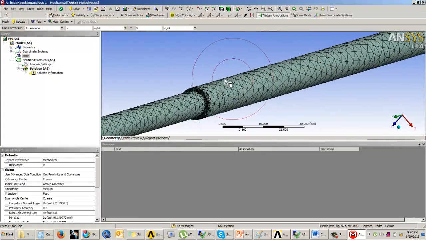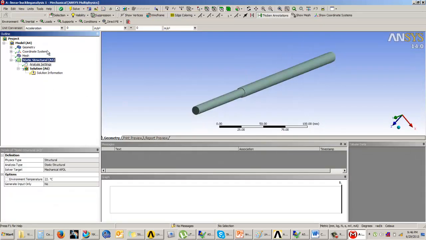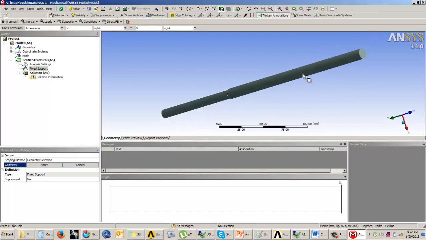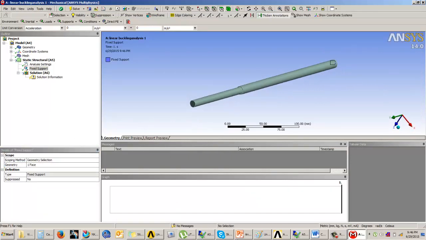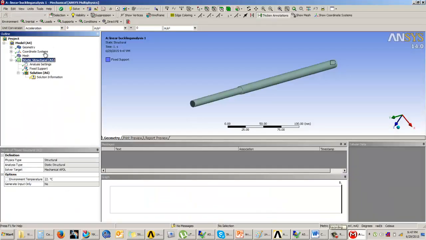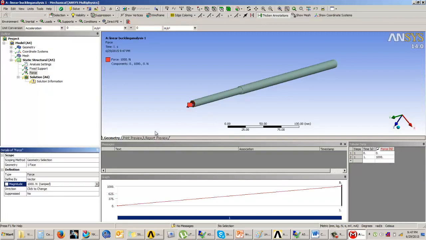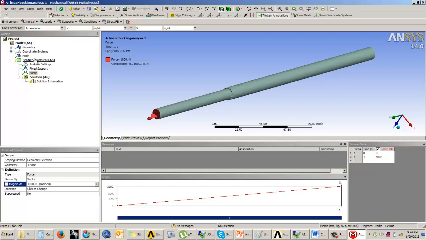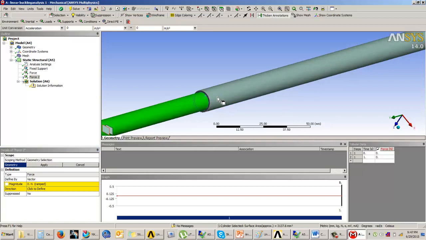Okay, after this, now we will apply the boundary conditions. So I'll take the static structural node and we will apply one fixed support on this end as mentioned in the problem, and at this particular end there is an axial tensile force of 1000 newtons. So I'm going to apply a force of 1000 newton in a tensile direction, and there is another force at this face